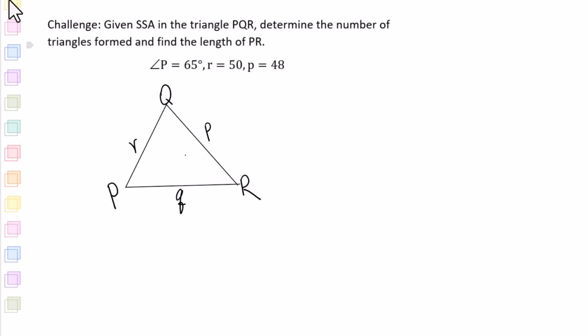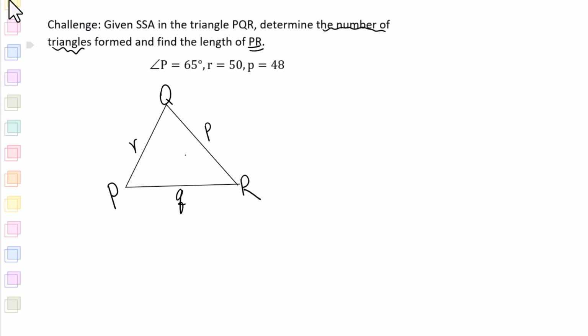Since we are not looking for the angles, we're looking for the side of PR, we will use the cosine law. Normally we use sine law to figure out the angle. Use cosine law to figure out the size for ambiguous cases. In this problem, we will use cosine law to figure out the number of triangles and also the length